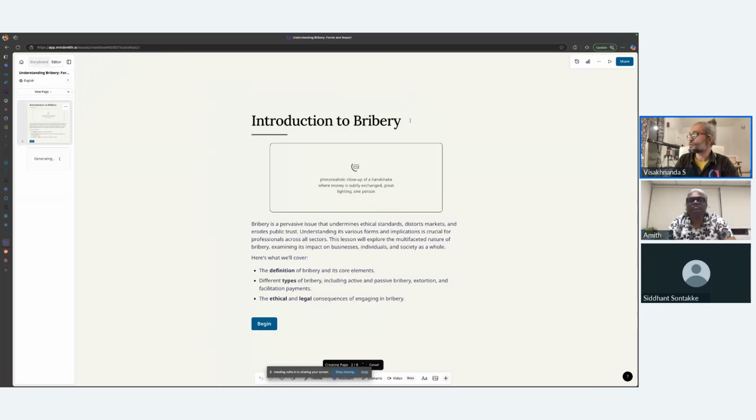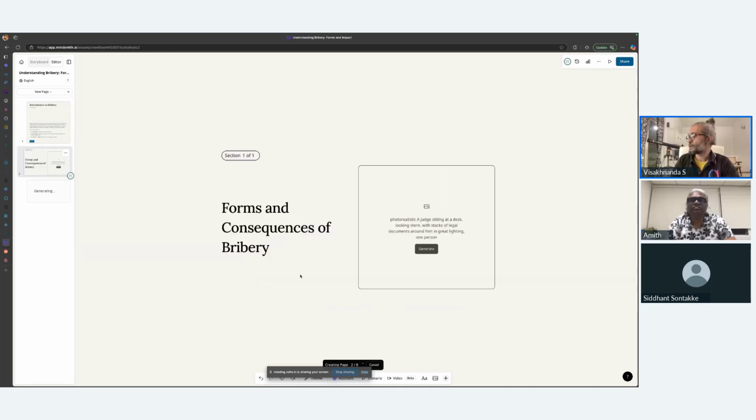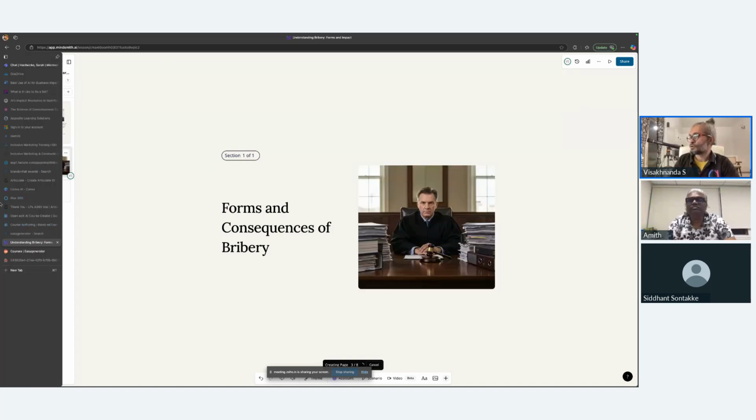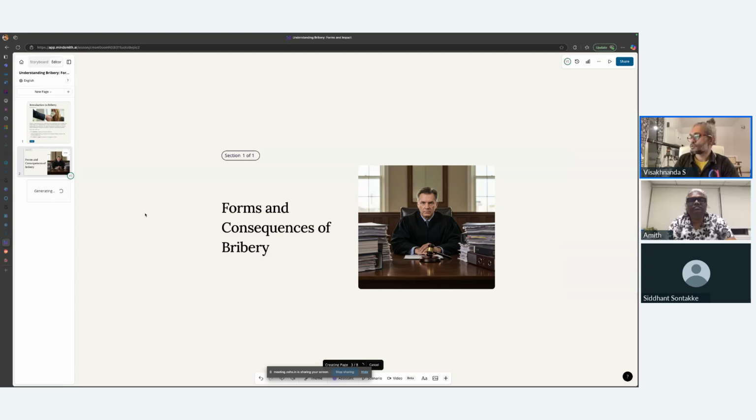This is going to create a full-on lesson over here. The images are going to be created. But as you can see on the left side, each of the screens are being created one by one. Right? So this is one, all right,